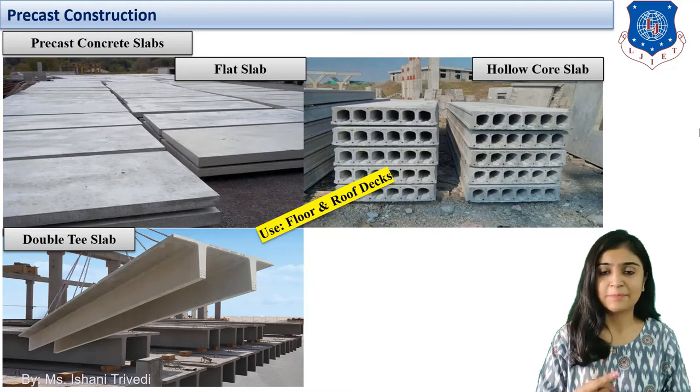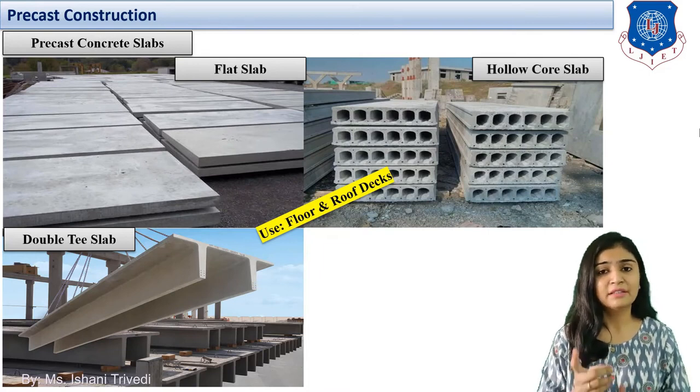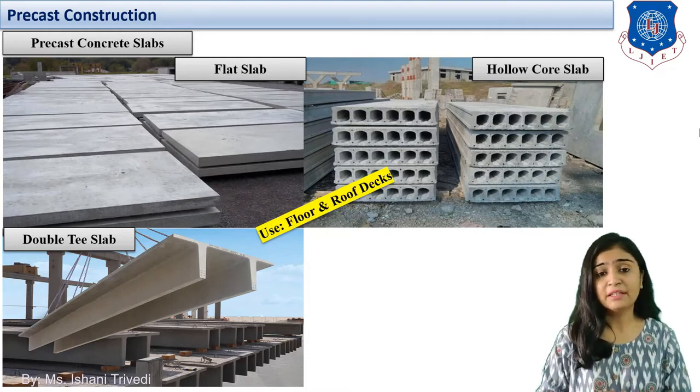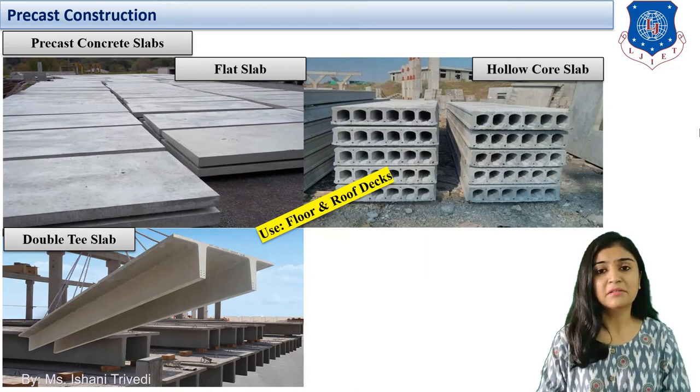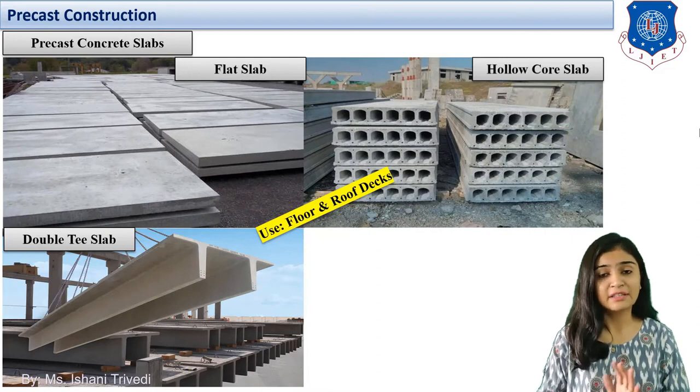First one, flat slab. Flat slab is the most simple type of construction. Longitudinal bars will be provided, meaning the reinforcement will be provided. Specially designed formwork and molds will be made, and then the slab will be casted layer by layer, and the precast section will be made ready. Curing will be done in flat slabs or in say any kind of slabs. Generally the curing is done by ponding method, but in precast you can also go for steam curing method, which is a very fast and high strength gaining procedure. So that makes your flat slabs.